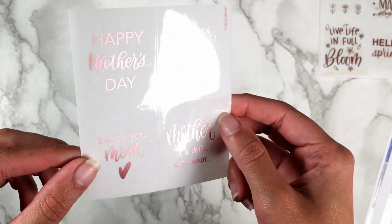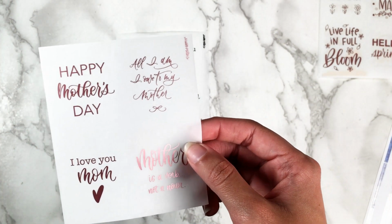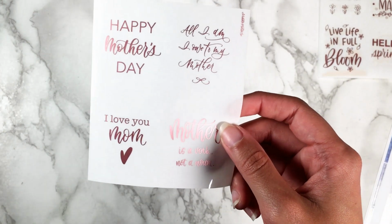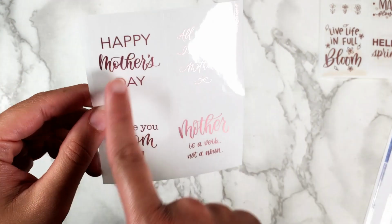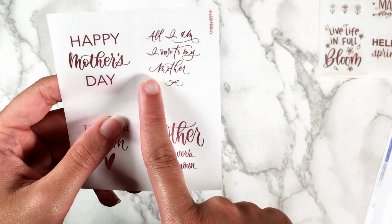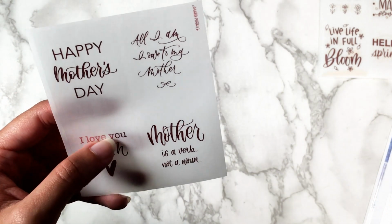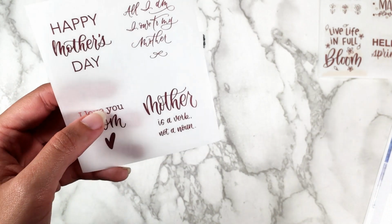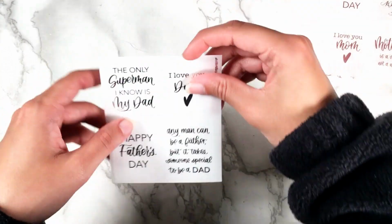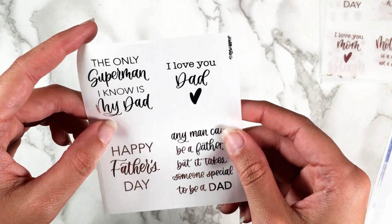I also got Mother's Day in pink because I feel like the 1 or 2 Mother's Day kits I have, pink would go with both of them. So we have Simply Happy Mother's Day, I Love You Mom, All I Am I Owe to My Mother, and then Mother is a Verb, Not a Noun. Yes, I would like to use these to represent my mother, and these for my dad, obviously. So we have The Only Superman I Know Is My Dad,